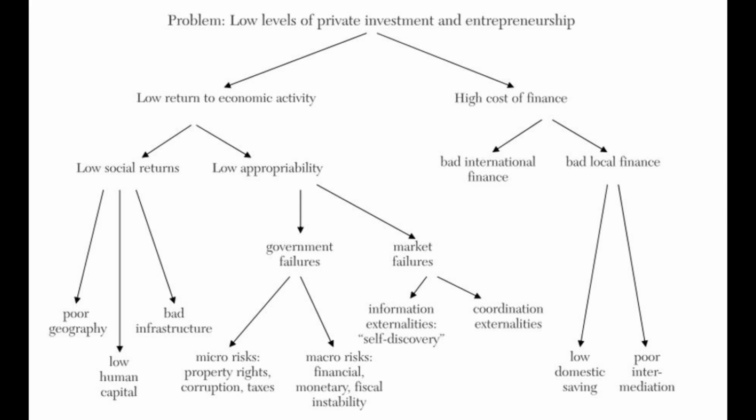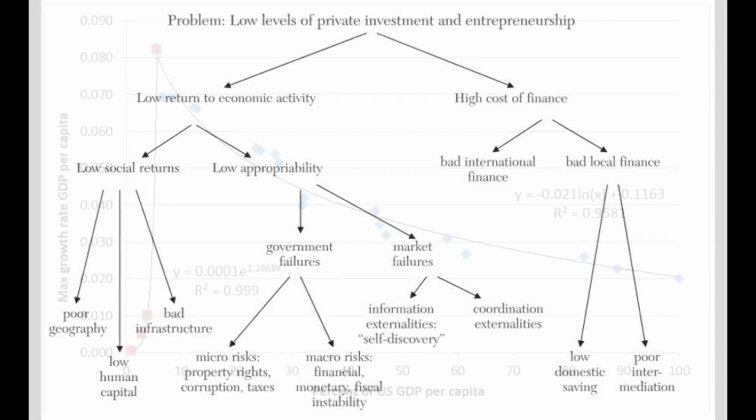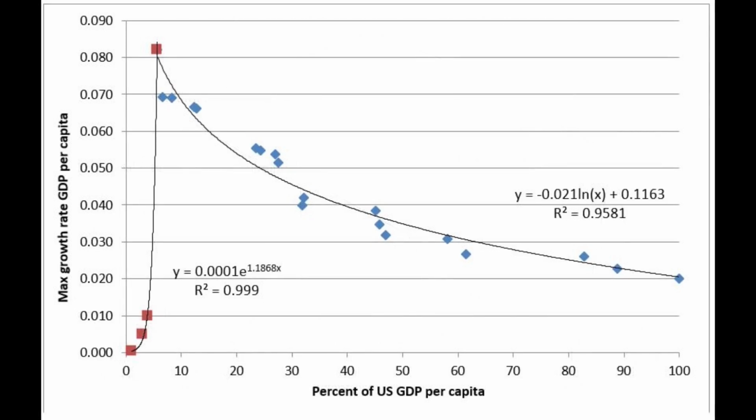So in summary, we can combine these elements together to get an understanding of what levels of growth are possible and what factors determine what growth occurs. So at very low levels of development, a few percent of the US GDP per capita, because that's the world leader, so that's the standard we compare to, if a country is, say, less than 5% of the US level of GDP per capita, then there are many factors that act to impede its growth.